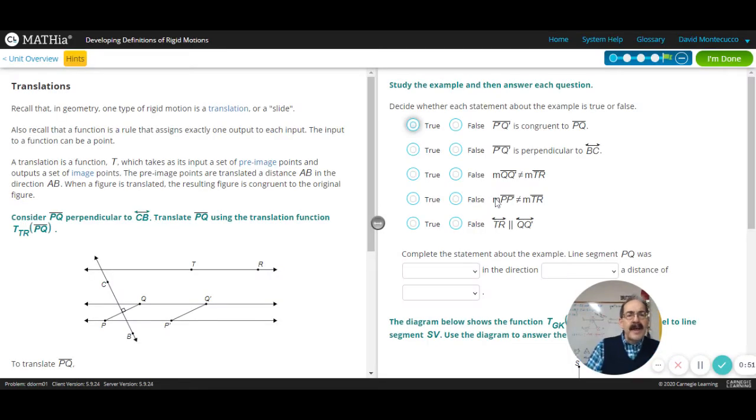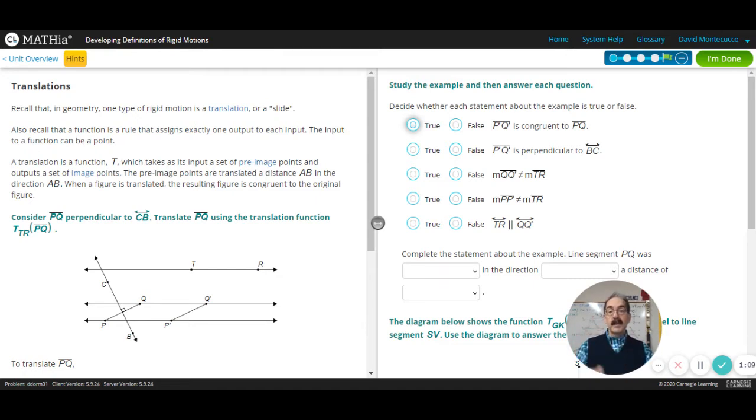And this is going to be part of that notation where they're going to talk about how do we make sure that we write it properly. Okay, so rigid motion is a translation or a slide. That's one type. Okay, capital T